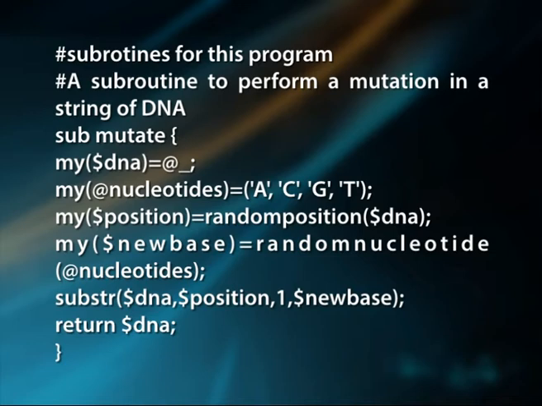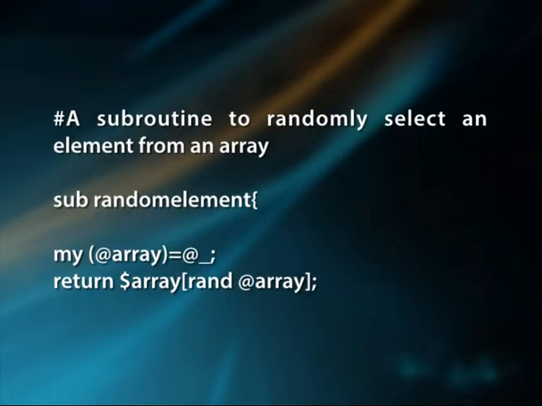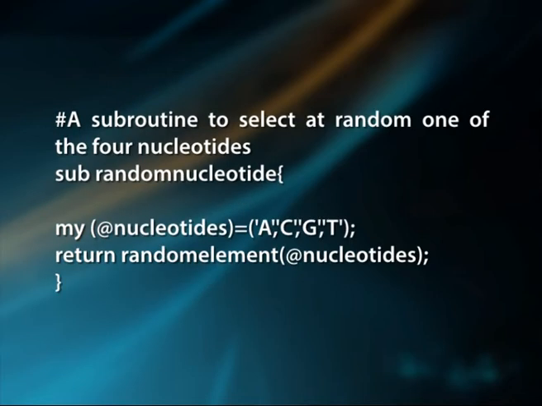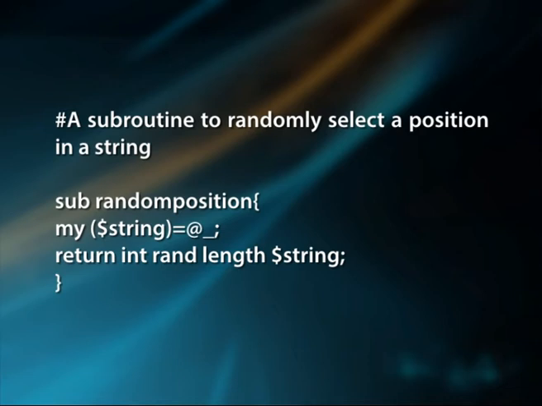Subroutines for this program. A subroutine to perform a mutation in a string of DNA: sub mutate { my ($DNA) = @_; my @nucleotides = ('A','C','G','T'); my $position = random_position($DNA); my $new_base = random_nucleotide(@nucleotides); substr($DNA, $position, 1, $new_base); return $DNA; } A subroutine to randomly select an element from an array: sub random_element { my (@array) = @_; return $array[rand @array]; } A subroutine to select at random one of the 4 nucleotides: sub random_nucleotide { my @nucleotides = ('A','C','G','T'); return random_element(@nucleotides); } A subroutine to randomly select a position in a string: sub random_position { my ($string) = @_; return int rand length $string; }